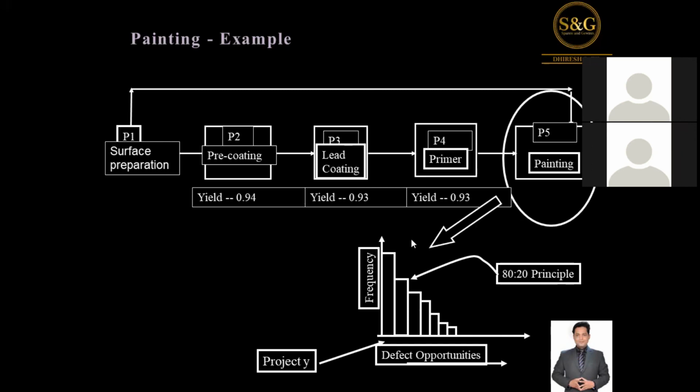Understood. Now I understood that graph. The defect opportunities are from the painting itself. So there may be more than 5 or 6 or 7 defect opportunities. Out of those defect opportunities, the highest defect frequency is mapped, that is our first project. Second highest is our second project. Third highest is our third project. Let's take these three, and that becomes your list of projects from the internal side. Okay, now I got it.